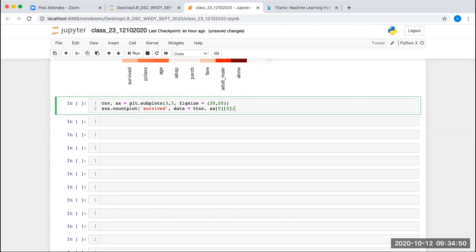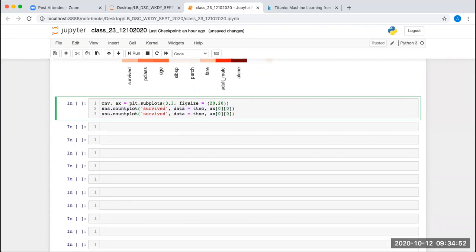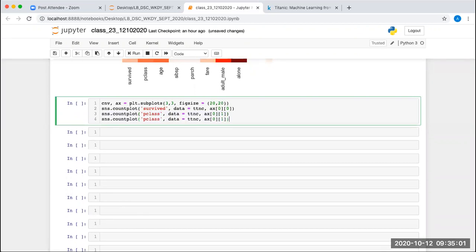Now next, which one do I want? I want the passenger class, so I'll be writing here pclass. And this will be now 0 comma 1. Next I want, let's say, the embarked. So I'll be writing here embarked.